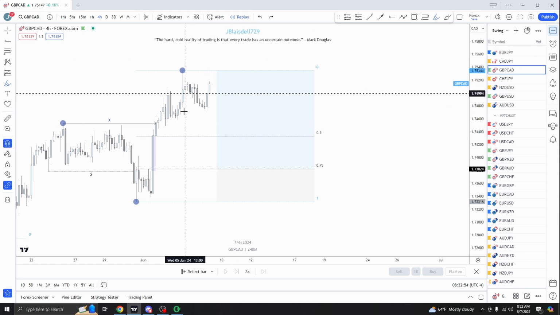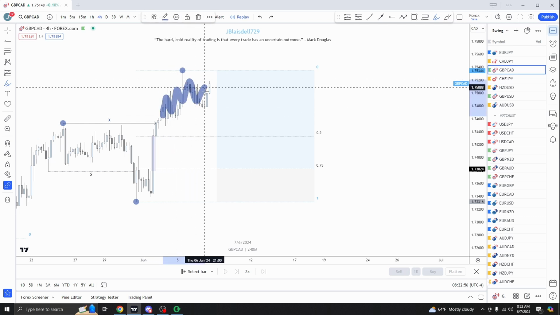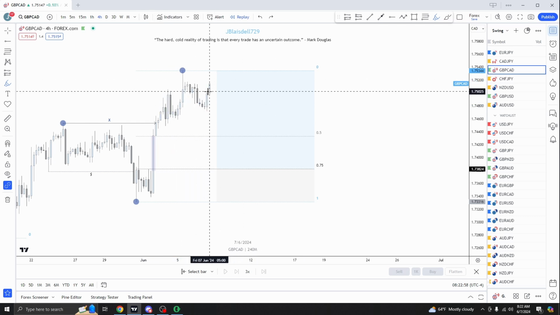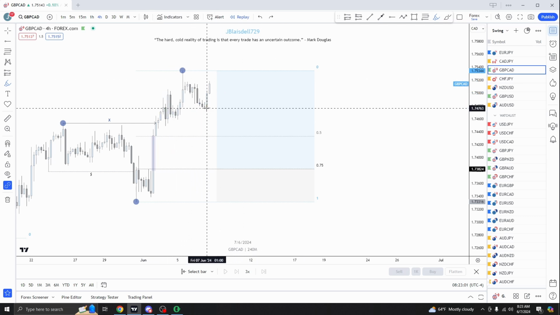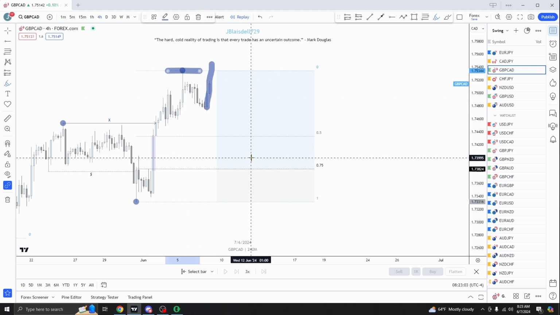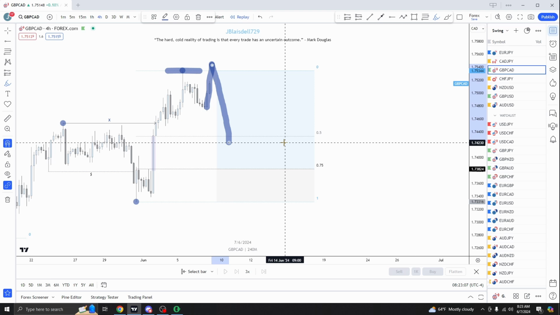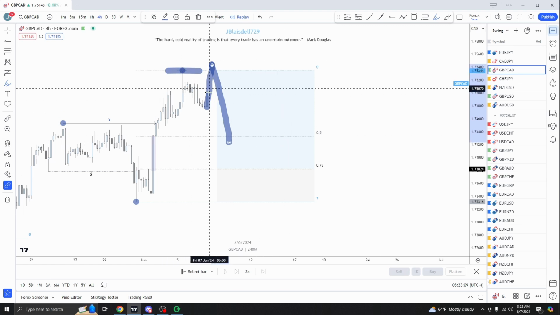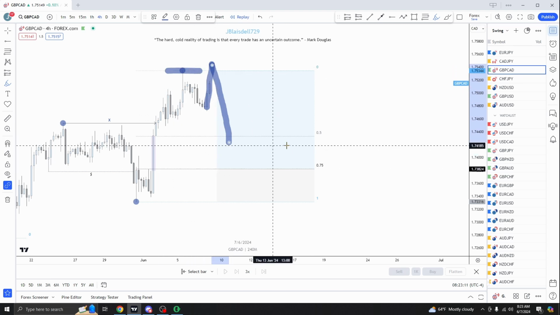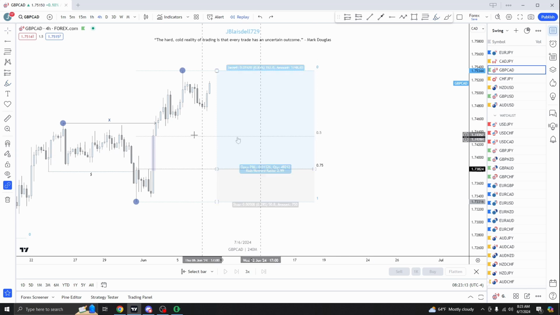So if we do end up sweeping the high and then making our way back down, it's probably even more likely, because I've talked about before, when price consolidates like this, it needs liquidity. It's actually generating liquidity so that the institutions can grab a significant point in the range and then use that to drive price lower. So I probably would expect something like that to happen. It could crawl a little bit higher before we do see some form of retracement, but I'd still be perfectly